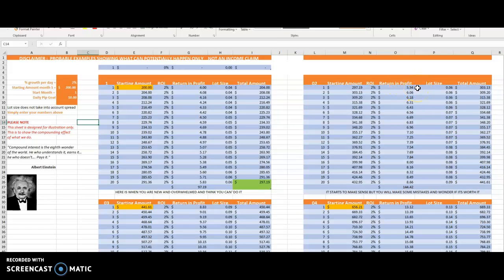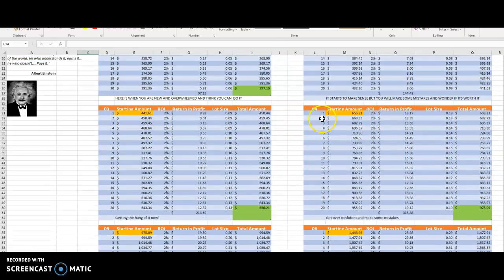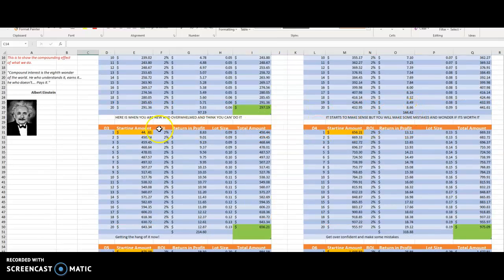Your return on profit is $5.94. It was $4 last month. Now it's $5.94. Suddenly you're looking at, whoa, I'm coming up towards $150 a month, right? So all of a sudden, what are we doing? We've added 144